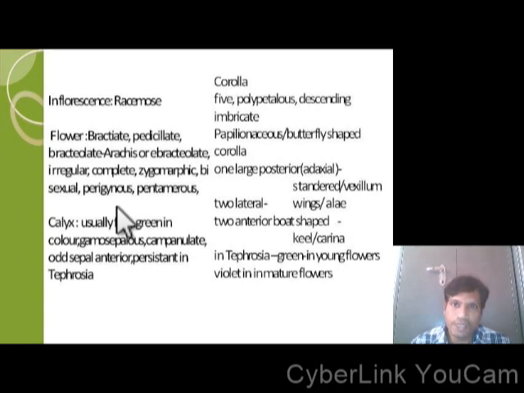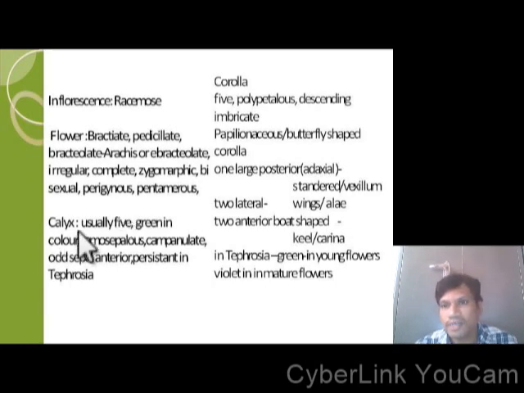And a perigynous flower is where the arrangement of these floral parts is such that the gynoecium is present in a ball-like structure, and level with that, all the other floral parts, that is calyx, corolla and androecium, are arranged. And it is a pentamerous flower, where pentamerous means each floral part contains 5 or its multiples. For example, calyx 5 or corolla 5 or androecium 5 or 5 multiples, like that. It is a pentamerous flower.